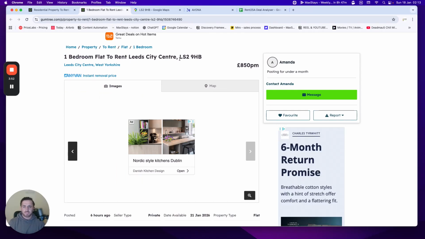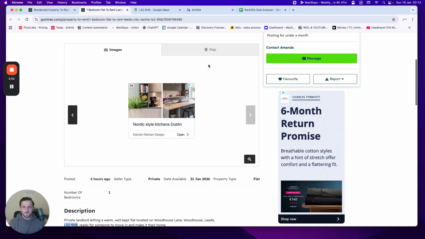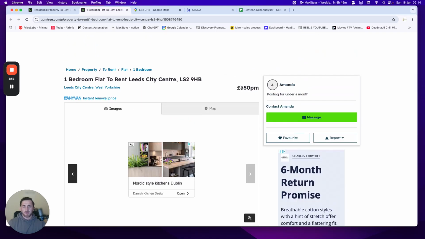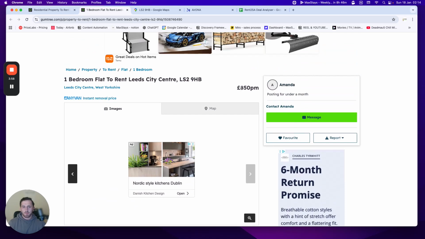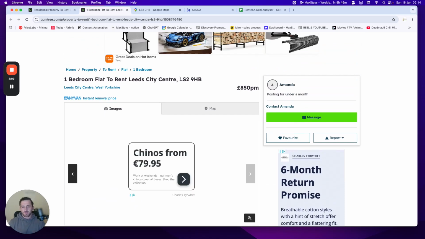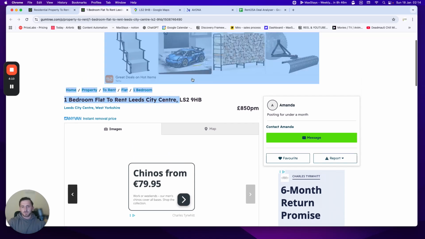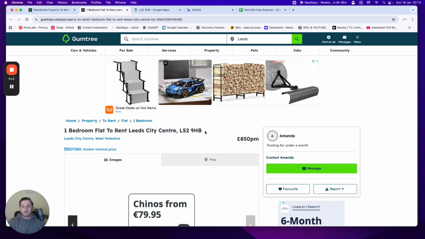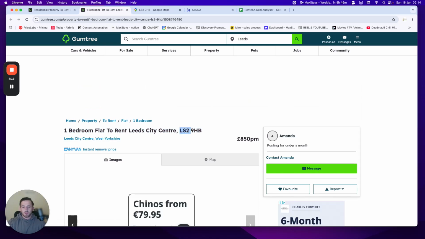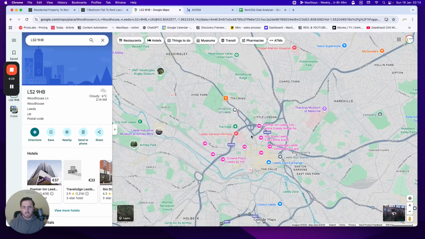As I already know LS2, I know this rent works. 850 is very good for that spec. I'd assume the building where the apartment's held is really high spec as well, has some good amenities. But if this was me where I didn't know the area, I didn't know anything about it, the next steps for me would be looking where this is on Google Maps. So I'd copy and paste this and go onto Google Maps,